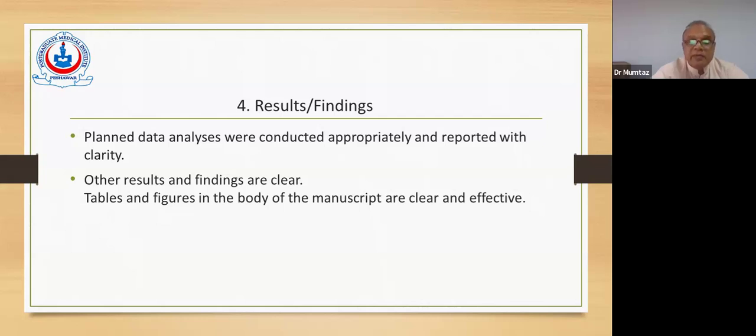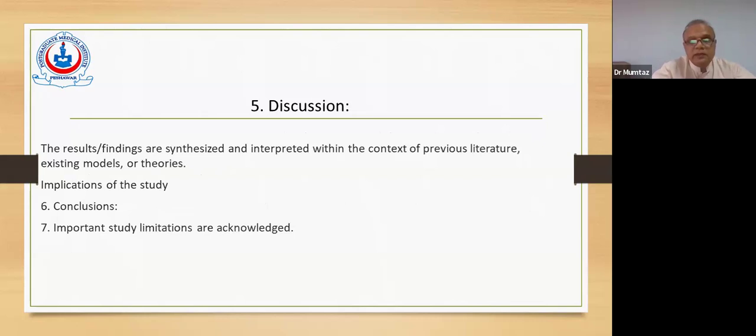At times, there might be a small overlap, which is probably not very wrong, but not overlapping that you describe one finding in the text form in detail, and then you give it in the table form again. This is major overlap. In this case, the results display is not good. The discussion section, this is a little difficult for authors to write.